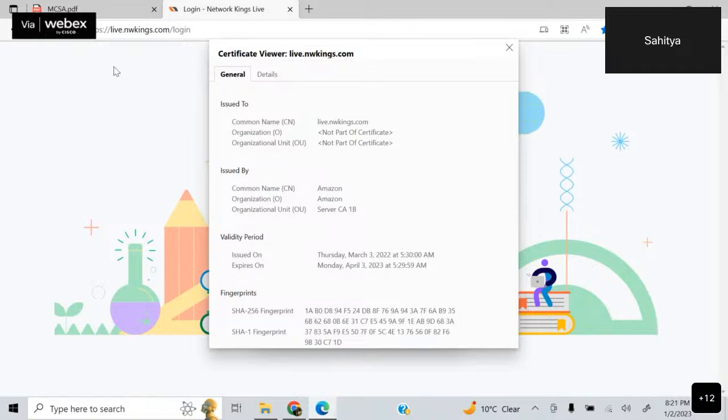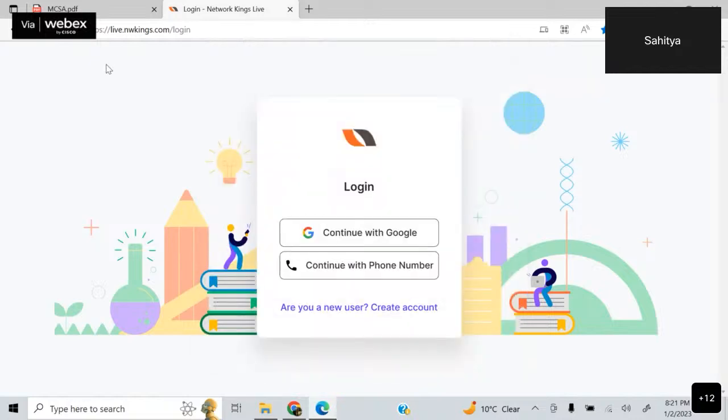So why is this connection basically secured? This is all because of this certificate. And how is the certificate secure? This is all because of these algorithms, right? So you can see this HTTPS. What does S stand for? That is secure. That means if I am accessing this website, my connection is totally secured. And second, whatever I'm going to click here will travel over the internet not in plain text,